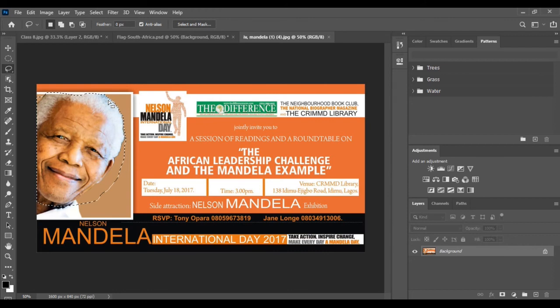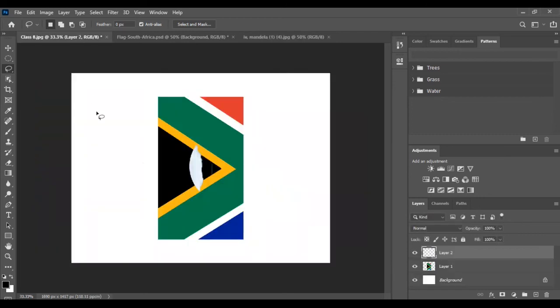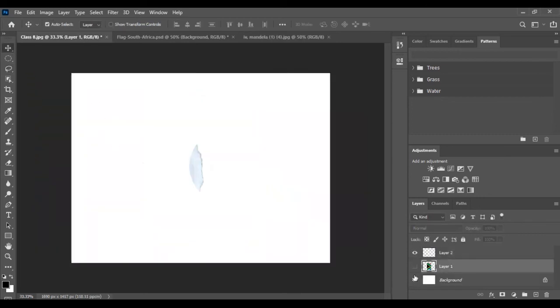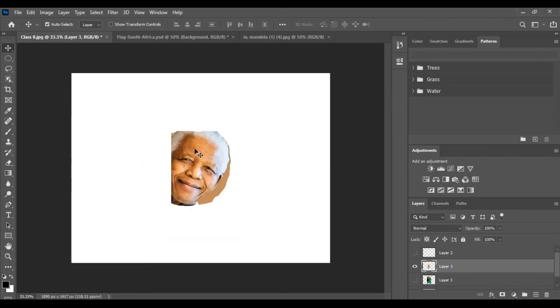So as you select the part of image with the help of lasso tool, now copy it and paste in the other image. So here we have the selected part. Next is selecting with the quick selection tool or magic wand tool.